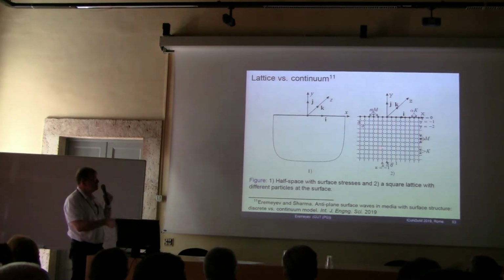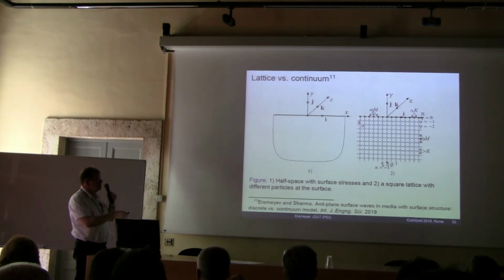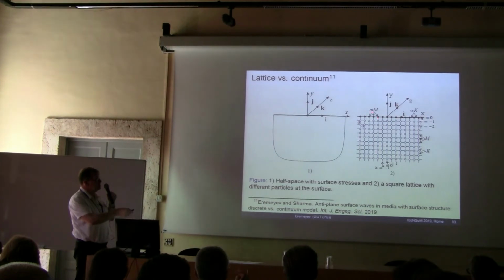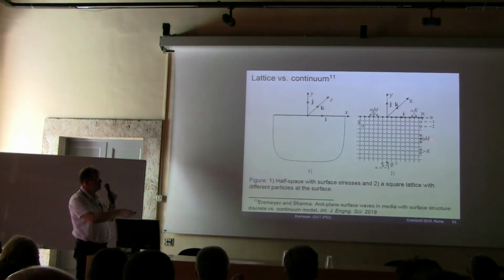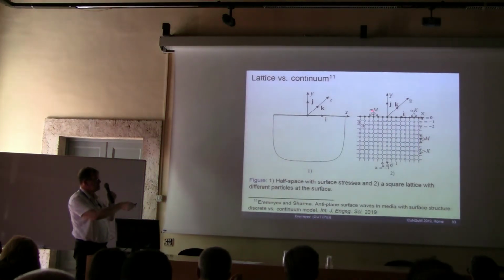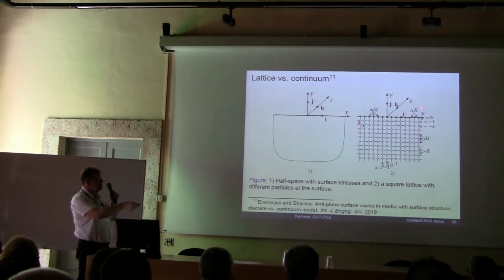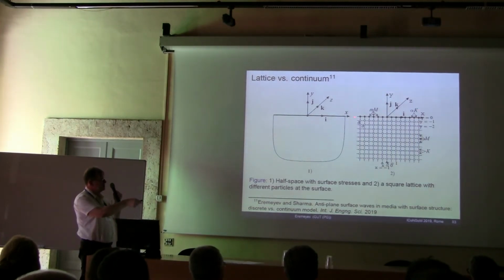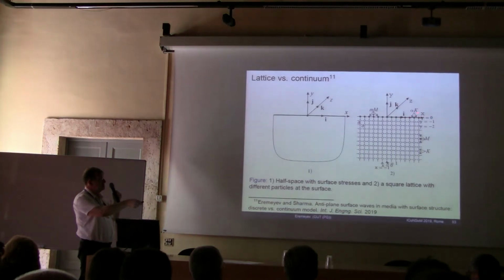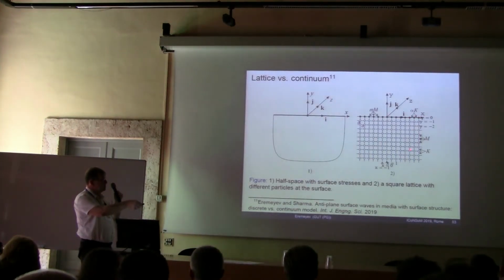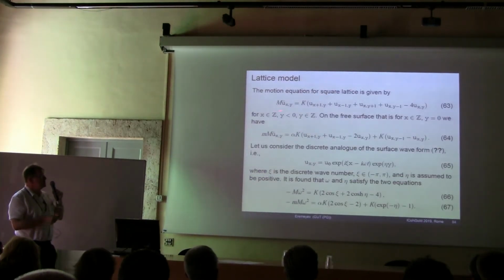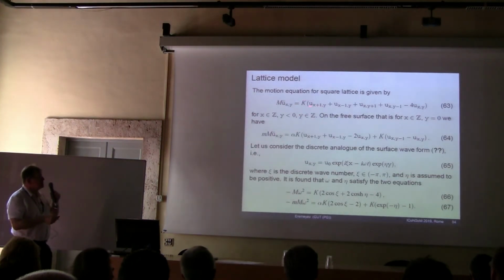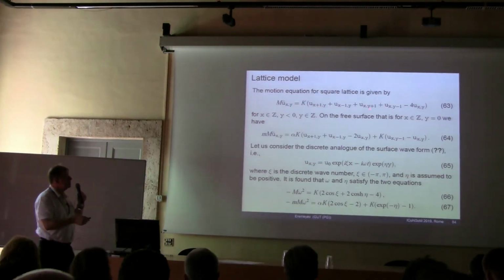We consider a lattice, and to model surface elastic properties, we introduce different material particles with a different mass. M, small m, is just a factor which shows the difference between masses of particles in the bulk, and alpha is a factor which shows the difference of stiffness of the surface bonds with respect to the stiffness of bonds in the bulk. In this case, for lattice dynamics, we have finite difference equations,